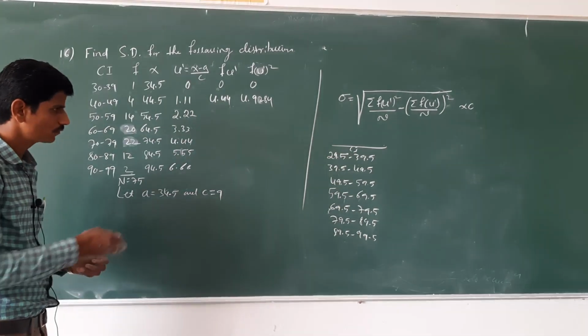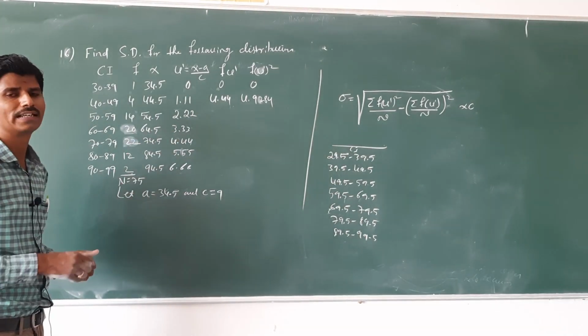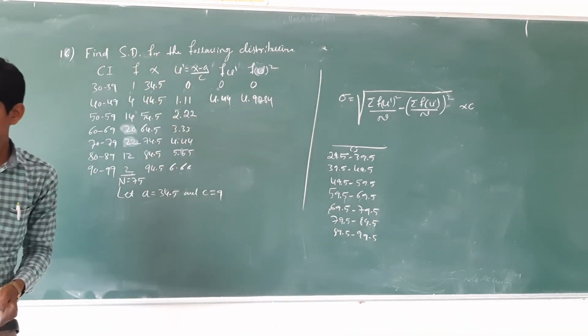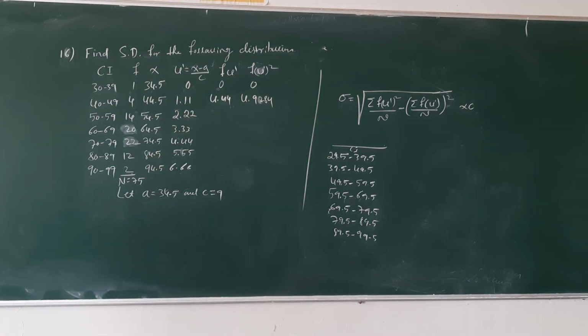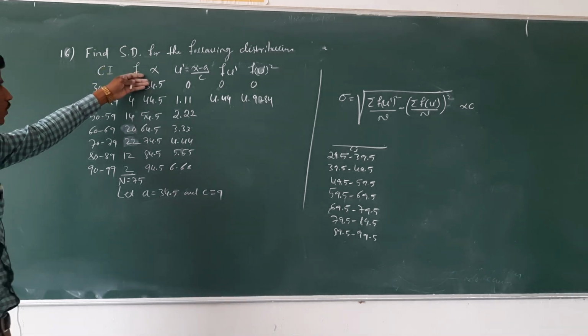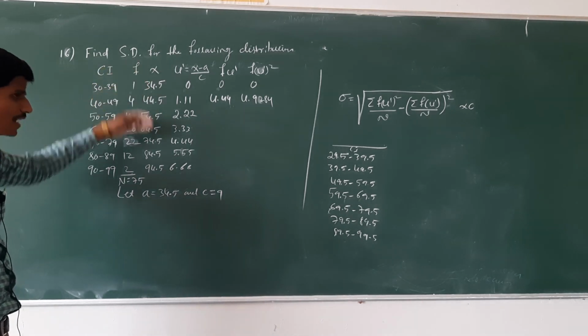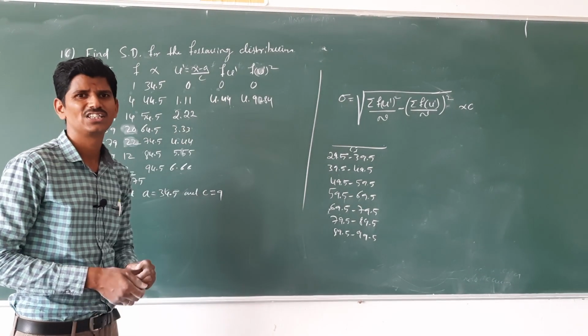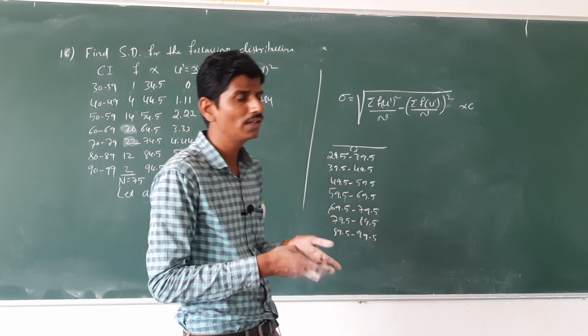Here we will get the class interval width as 10 each. Then we have to find the class mid value, x value: 29.5 plus 39.5 is 69, 69 divided by 2 is 34.5. Then we will get x values 34.5, 44.5, 54.5, same as before. The next, c is the width of the class interval, 10 each. It's your choice. It's homework.